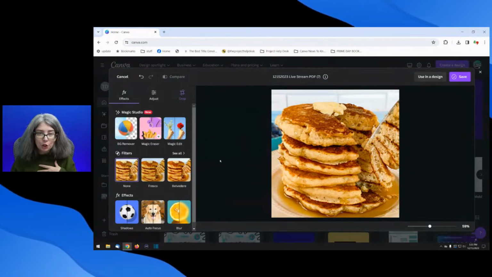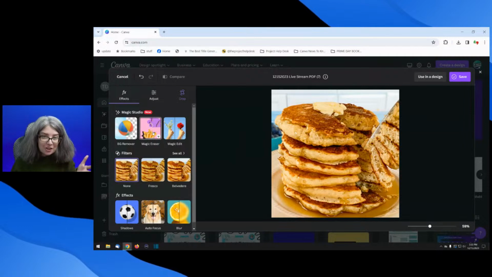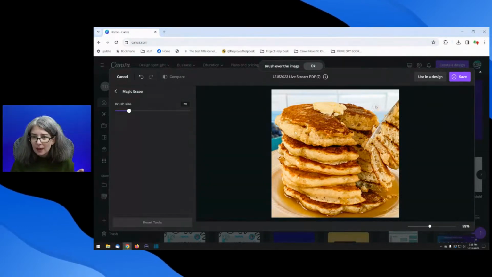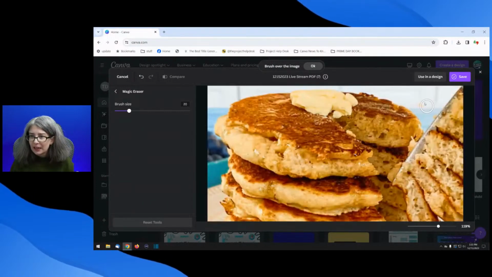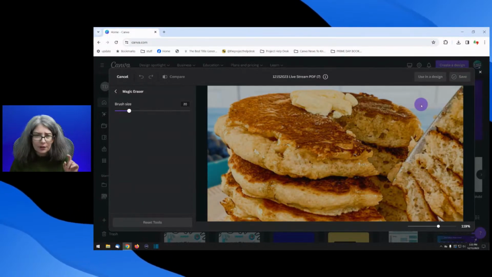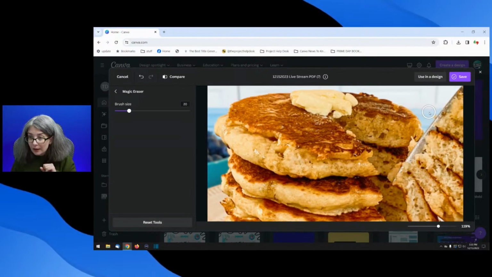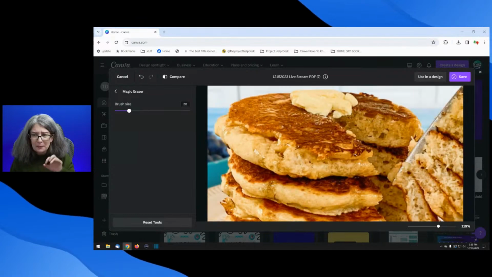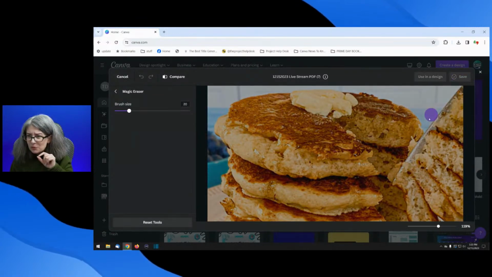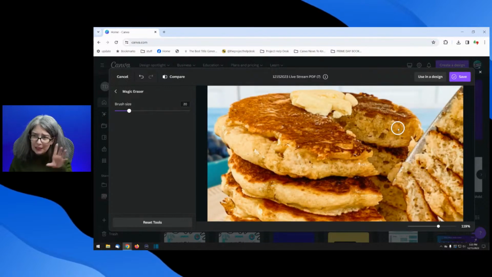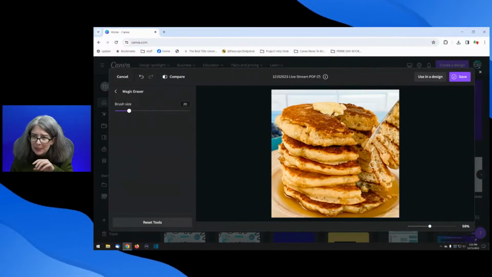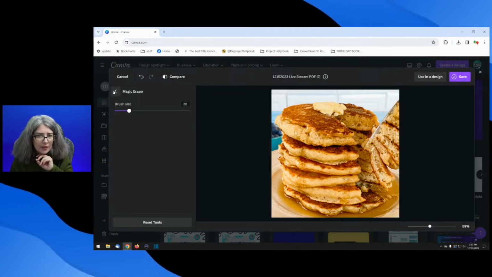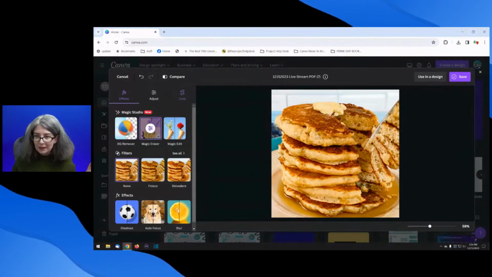And also right here, she could use magic eraser to erase something. If she saw something like, let me take a little brush, because if I scroll in, I see something like orange right here that could be erased. And I see something right there. I'm just clicking my little mouse button and trying to get rid of something just to make it a good quality image. And then we're going to click, nope, we're not going to click save yet. And then we're going to click back so that we can go back.